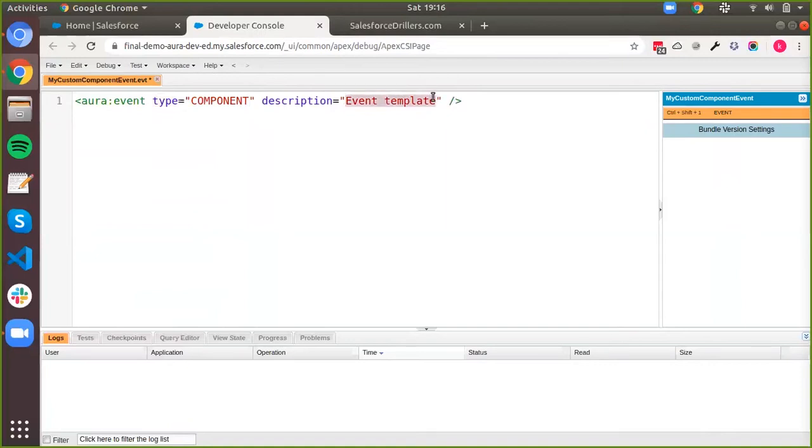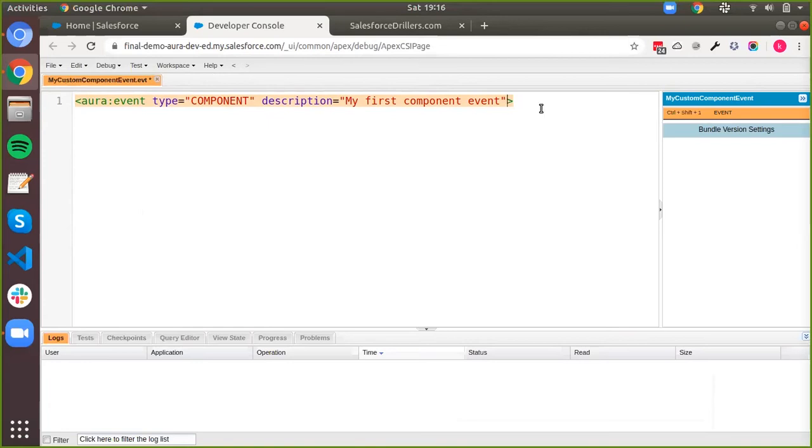In the description, I write my first component event, and I save this. Now this event has been saved and is ready for usage by any Aura component, and it is now defined as a component type event.